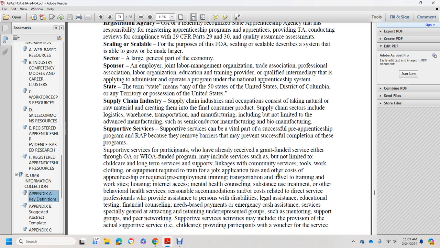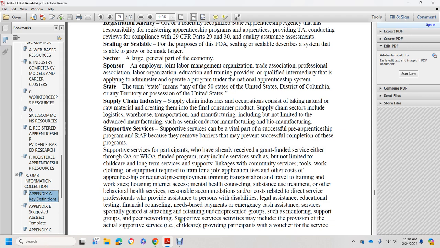required pre-employment training, transportation, travel to training or the worksite, housing, internet access, mental health counseling, substance abuse treatment, and/or other behavioral health care services, reasonable accommodations, and/or cost-related direction for the professionals who provide assistance for personnel with a disability, legal assistance, educational testing, financial counseling, need-based payments, emergency gas assistance, and services specifically geared at attracting and retaining underrepresented groups, such as mentoring,